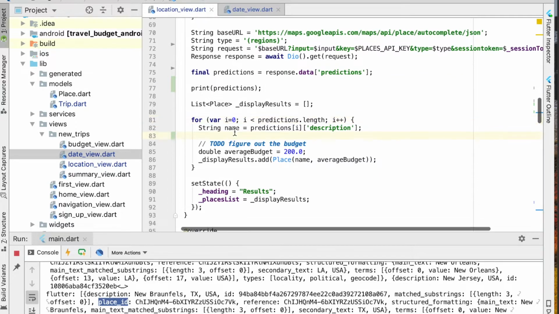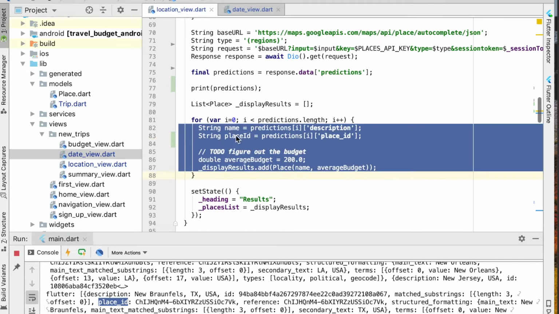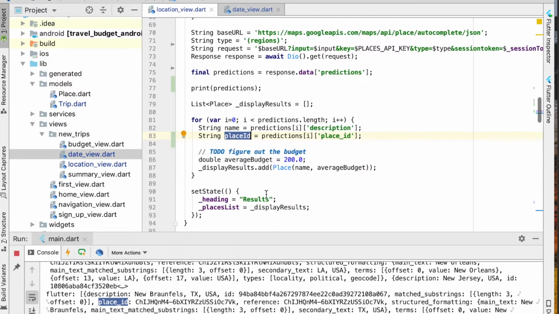Just add another string variable, and we'll call this the place ID. That's going to equal our predictions, very similar to above for the description, but it's going to take the place ID in that form. So now we have this place ID here, and we want to save that to our place object. So right now we can add it in here,